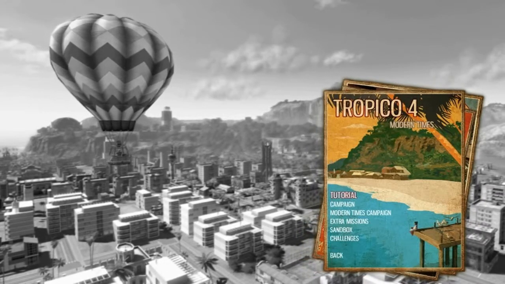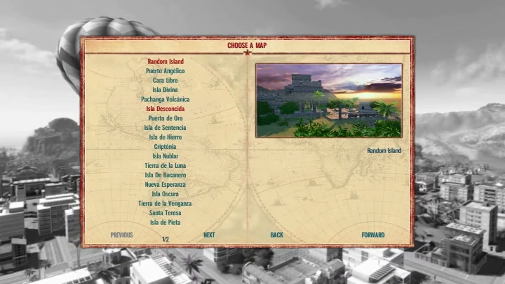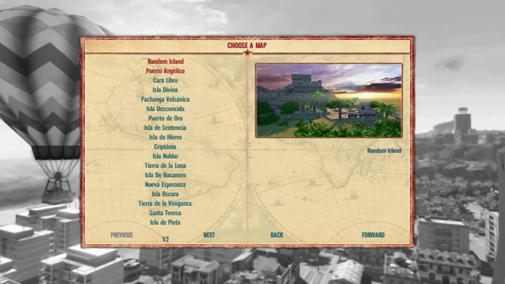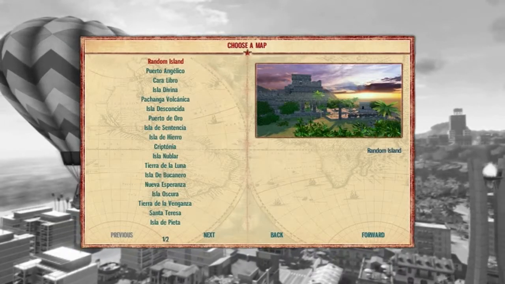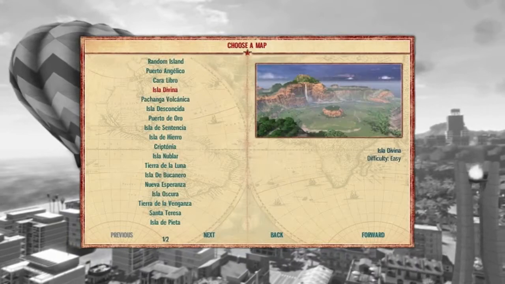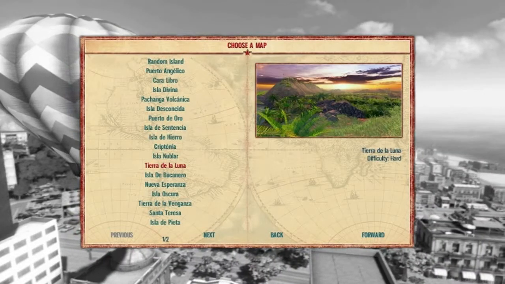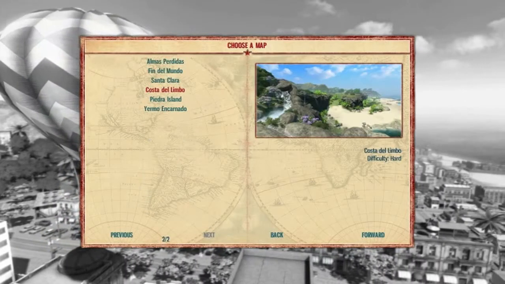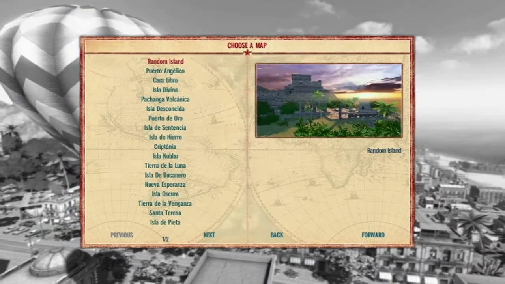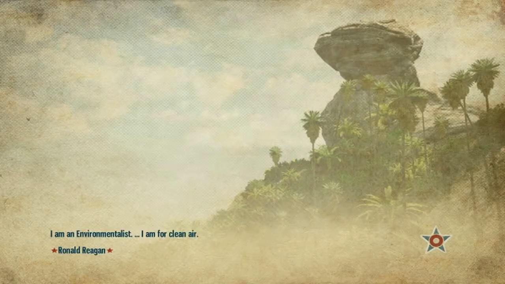Alright, so we're just going to go ahead and click Sandbox for now. Okay, I've never actually played Sandbox, so we're looking at this together. I suppose you can choose a bunch of different types of islands here, which is pretty cool. And I believe, if I recall, you can make your own island by clicking random, which I think will... Whatever, let's hit forward, and it should take me to the...